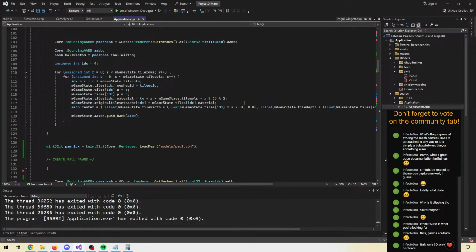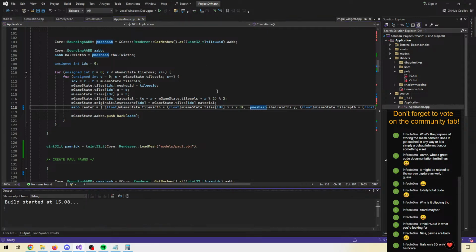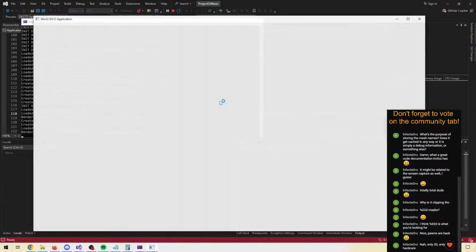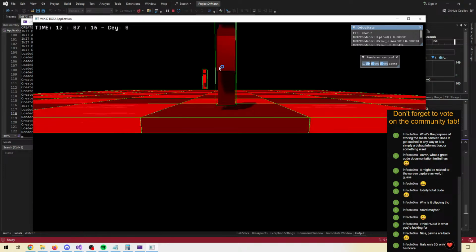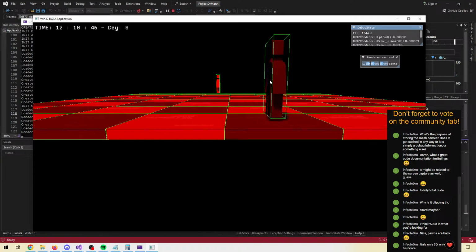Okay, so we will set the AABB here, and now we're back in business. But these objects are floating. So